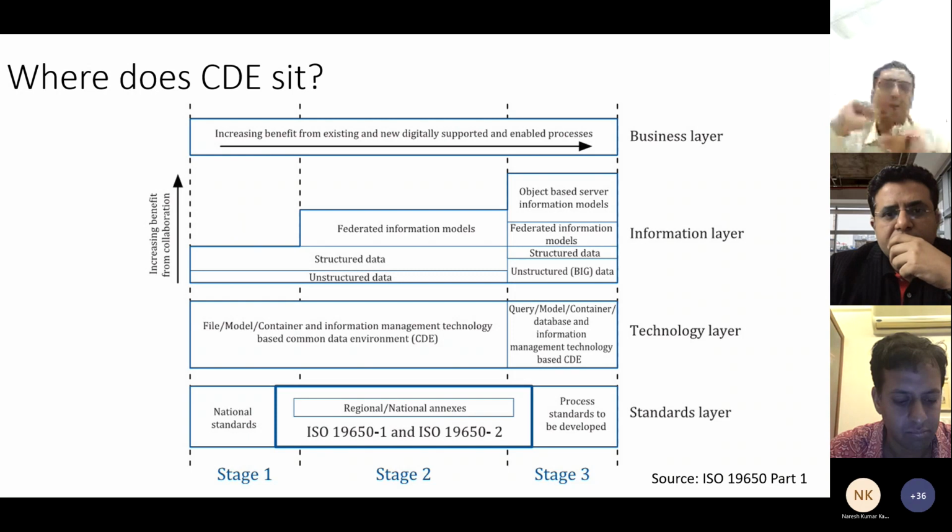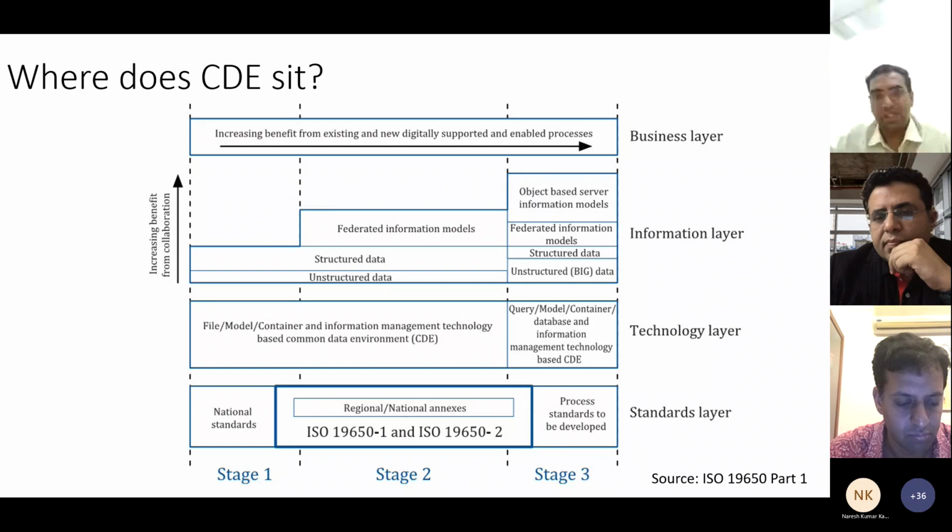As Professor Ashwin also rightly pointed out, if you look at CDE, it sits on the very foundation of your entire digitalization journey. The ISO 19650 standard says that if you want to implement BIM or any form of digitalization, the core technology is your CDE, which will enable your versioning, your management of information, your data models, and sharing and collaboration, and also workflows: who will create, who will review, who will actually approve it, and when do you publish it, etc.